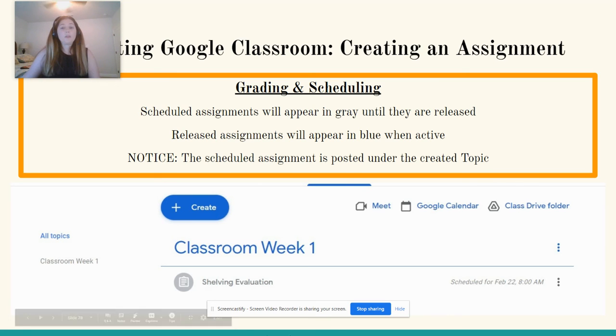Some other features that you're going to find are next to Create. Originally, we didn't have anything but Meet. So whenever you create your assignment, what you're going to see is three things that are going to pop up for your classroom for instructional purposes. The first one is,